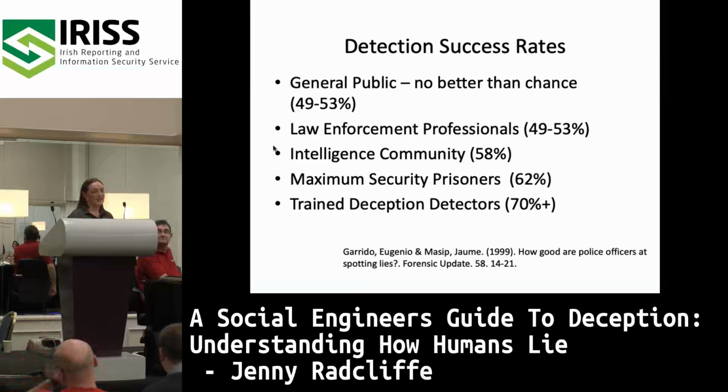Deception detectors, as in people who've done all their training, claim 70%, right? Anecdotally, it's hard to prove sometimes because sometimes we never know the outcome. And so what we never do is say whether someone's telling a lie or telling the truth. We give a balance of credibility. So the probability of credibility is X.